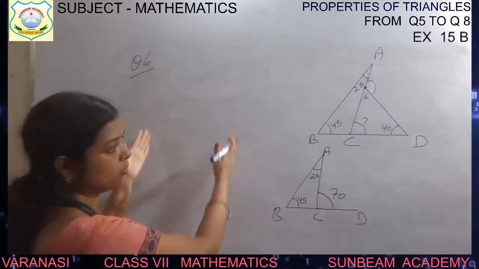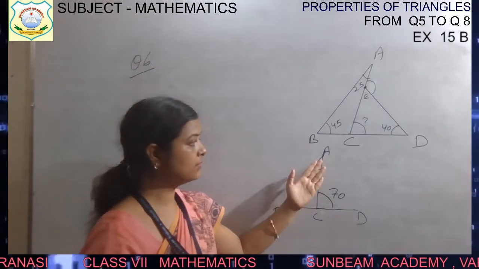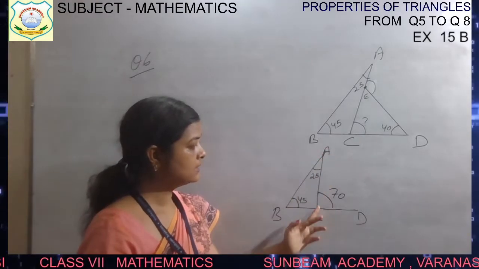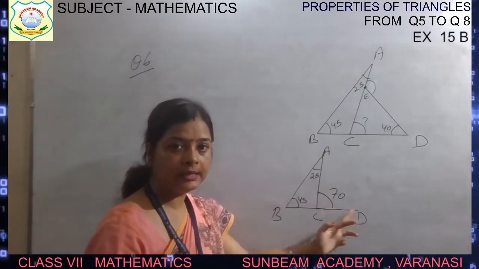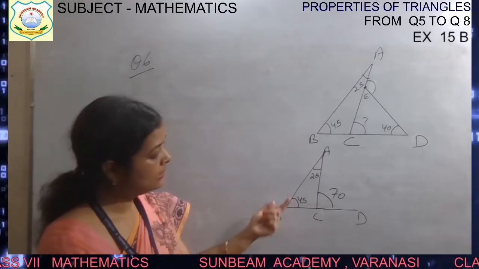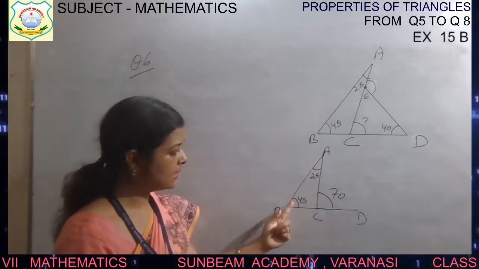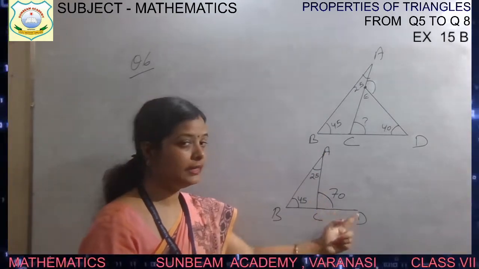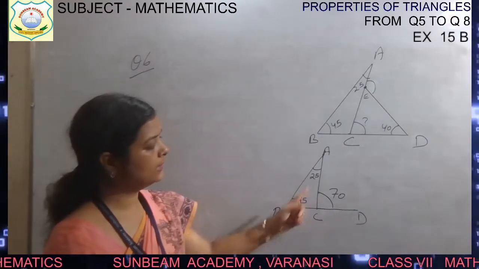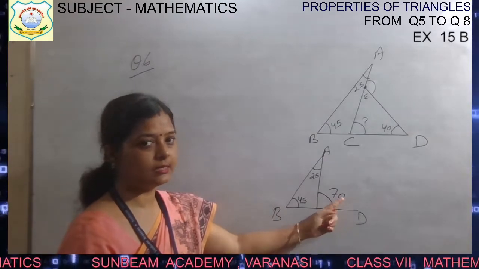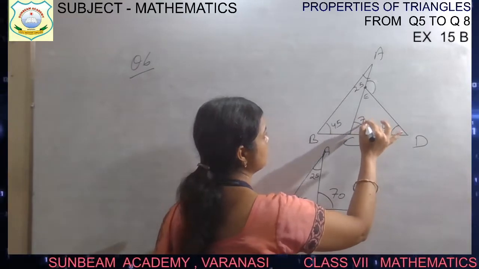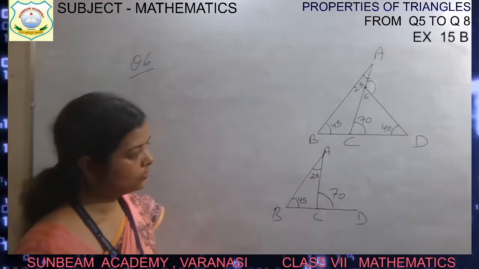So step by step you will write that by using triangle ABC, angle ACD will be treated as exterior angle. Hence the angle A plus angle B will be equal to angle ACD. And by using the exterior angle property, sum of the interior opposite angles will be equal to exterior angle. So you will sum, 70 will come. So this will be now 70 degree. If this will be 70 degree, now see the next triangle.